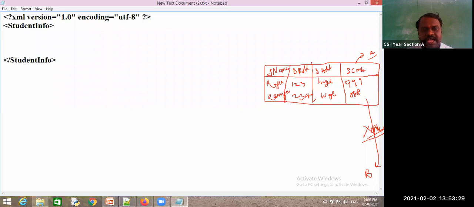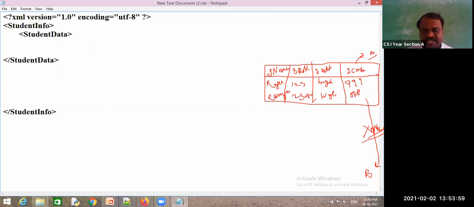So in between, I will start writing nested tags, meaning child tags. In the student info, I will write studentdata. I have started like this, and I have to close studentdata.